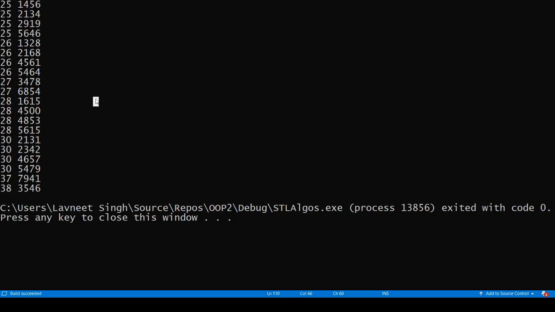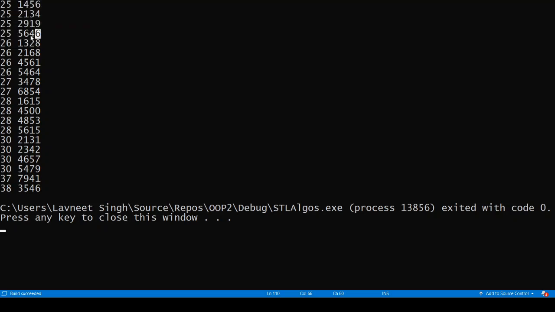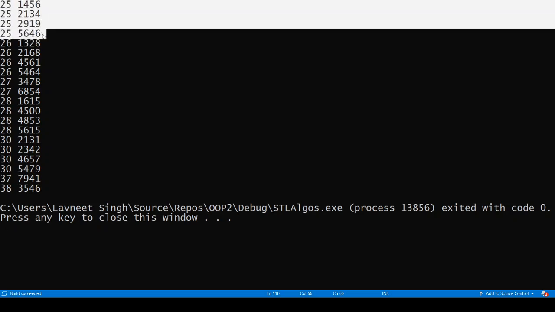Because the first time it was sorted by the weekly spend, then when we called stable sort on that sorted data, it did not change the relative order of the objects. So the relative order of these four objects was in this order only in the first sort. When we applied stable sort, that relative order did not change.